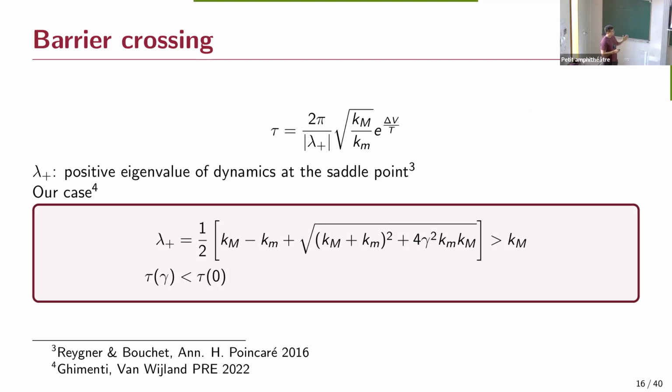For this kind of barrier crossing process, there have been modifications of the Freidlin-Wentzell theory of large deviations that allow us to compute the relaxation time tau. And it turns out that it is very similar to the expression given by the equilibrium case, with a modification in the prefactor, where the prefactor will be given by the modulus of the positive eigenvalue of the dynamics evaluated at the saddle point. If you evaluate this lambda plus for the case of transverse forces, you get an expression